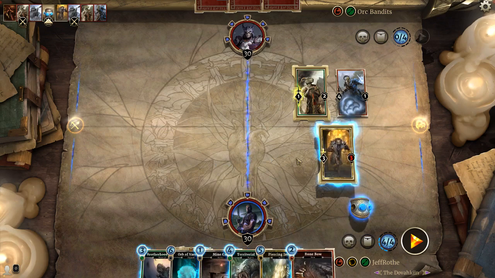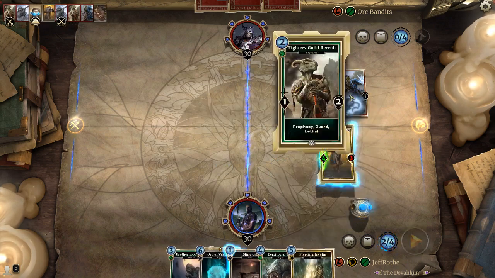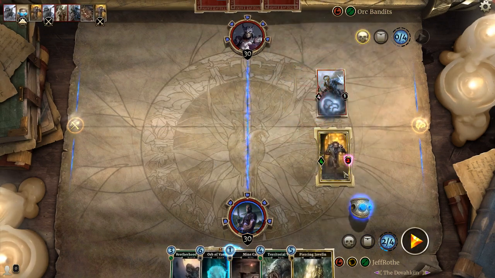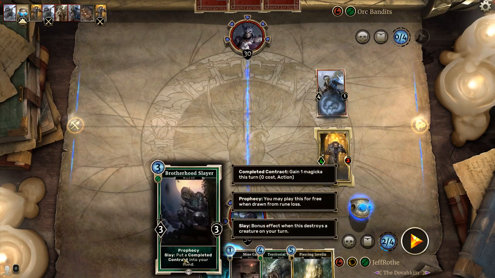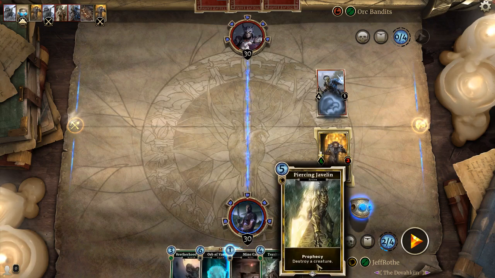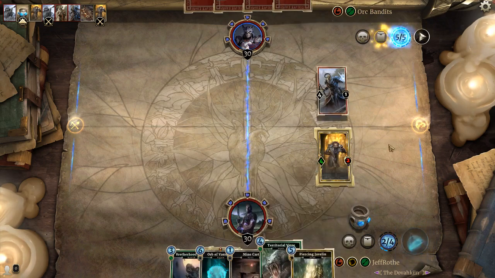Excellent draw. Excellent draw. We can get possibly a 2-for-1 here. Do we use a ring charge for Brotherhood Slayer? I don't think so. Next turn we have Territorial Viper and Piercing Jack. Oh, Territorial Viper we can't. I lied. As options, so...